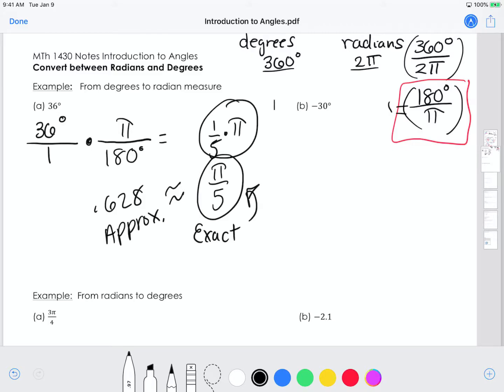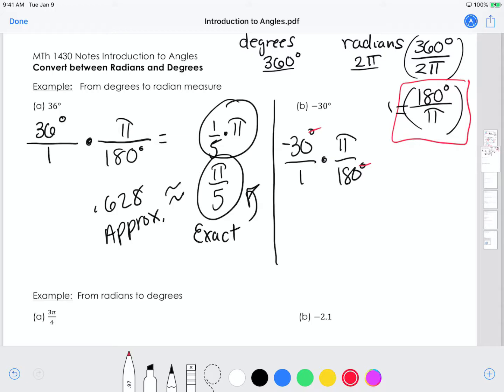Now, I can do the same thing with negative 30. I want to change negative 30 degrees into radians. So I'm going to multiply by pi over 180 because I want to cross off my degrees. So I can get rid of my degrees, and I'm going to take 30 over 180,